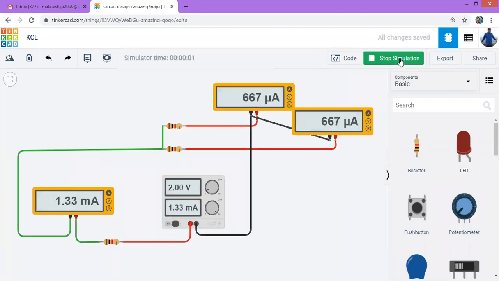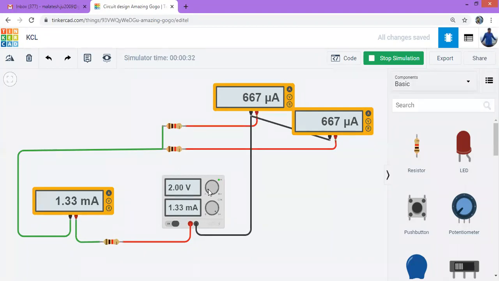So it will be less now, because the power supply is only 2 volts, but now the resistance in the circuit is what? This is 1 kilo ohm. All these are 1 kilo ohm only now. 1 kilo ohm plus this 500 is 1.5 kilo ohm. So 2 volts by 1.5 kilo ohm, if you calculate, it will be around 1.33 milliampere. So that's going to divide equally here. Okay, 0.66 milliampere. This is 0.6 milliampere. Okay. Now